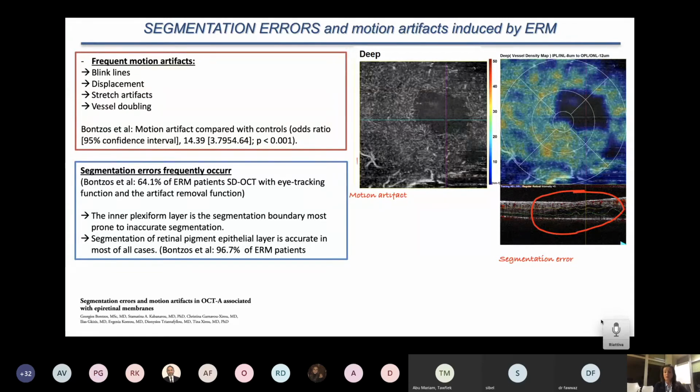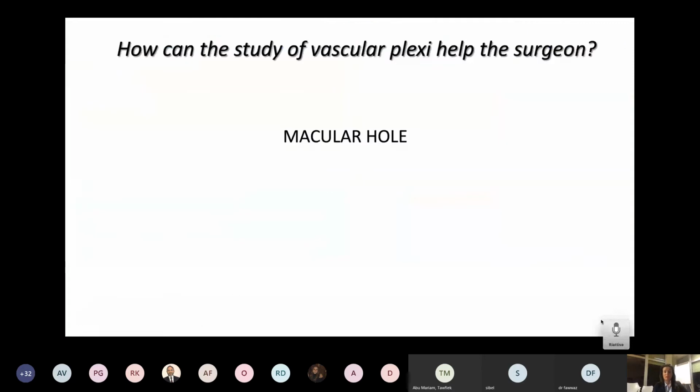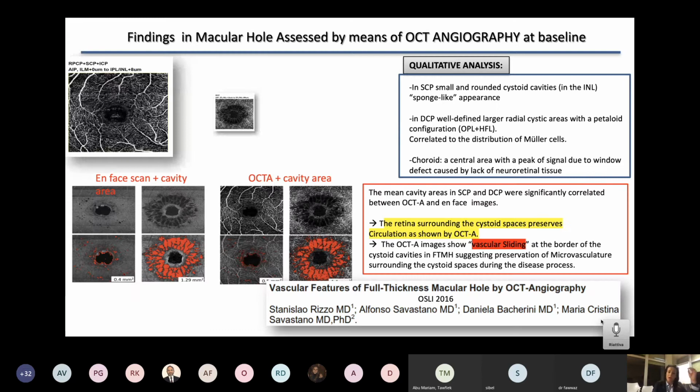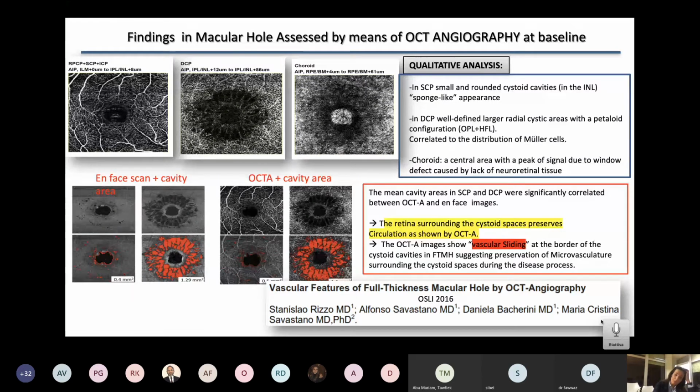Distortion of the foveal architecture often induced by epiretinal macular membrane. And how can the study of the vascular plexi using OCTA help the surgeon in case of a macular hole? In one of our previous papers, we have analyzed the qualitative findings associated with the macular hole assessed by means